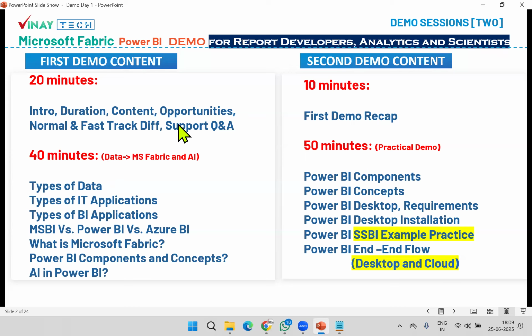And today you will come to know the environment awareness, BI awareness, everything. And tomorrow you will see the practice and you see the actual components of Power BI and the end-to-end flow in Power BI. Many people say end-to-end flow is simply desktop flow. No. Power BI cloud flow. Desktop to cloud till end user experience. I'll show you tomorrow. Everything.